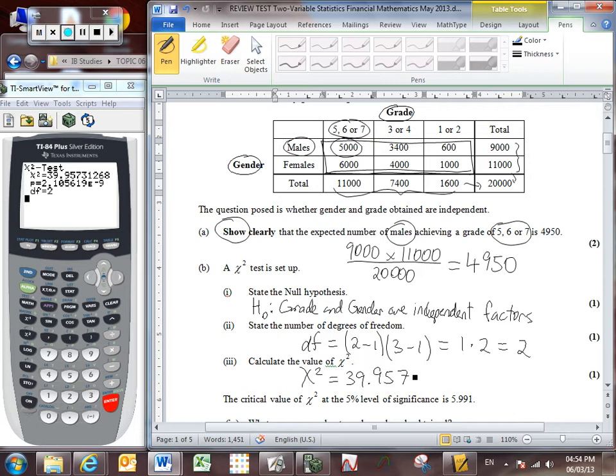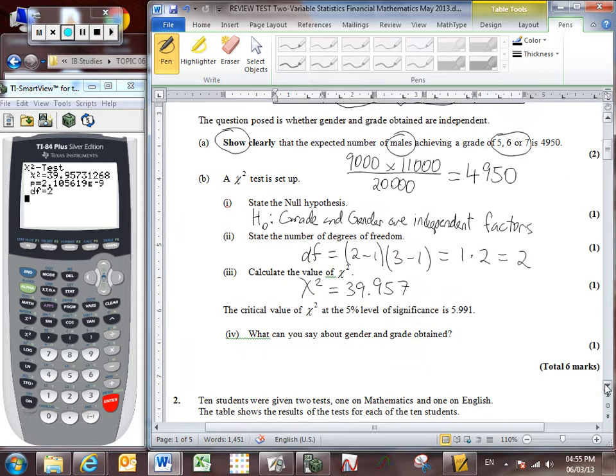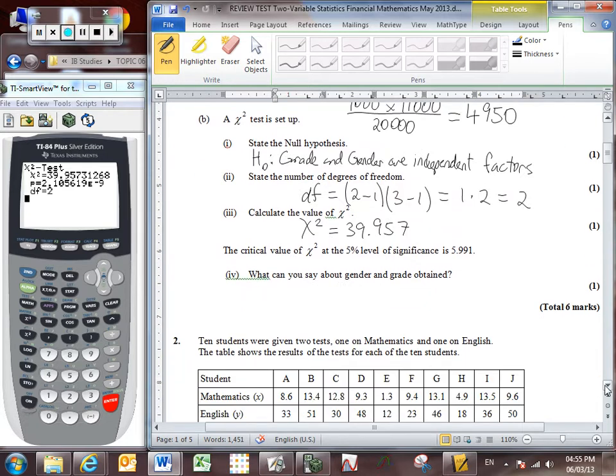And I could round to 3 significant figures, but why bother? And it says that the critical value of chi-squared at the 5% significance level is 5.991. What can we say about gender and grade obtained? Well, because chi-squared is greater than the critical value of 5.991,